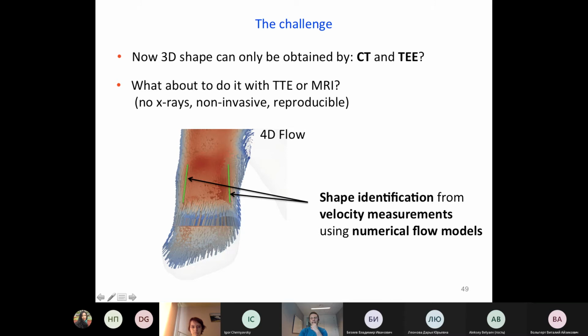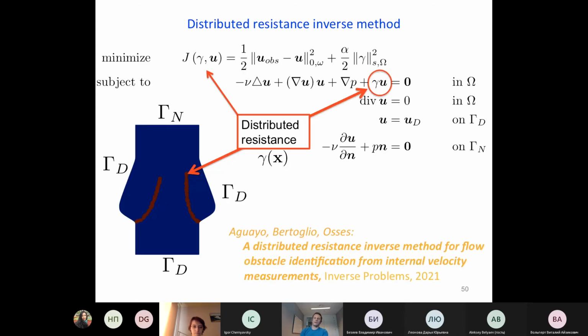This leads to the question: can we automatically, mathematically, computationally identify the shape of the valve from velocity measurements? As a first step, which we keep working on, we assume that the valve is an